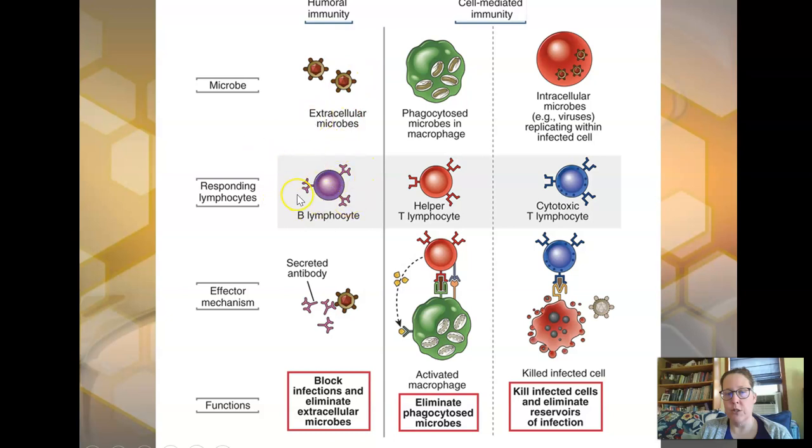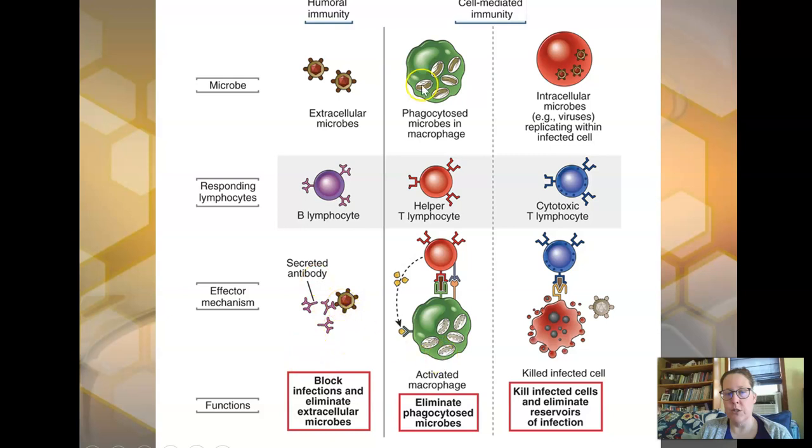And the responding lymphocyte is going to be a B lymphocyte, and this is after it's been activated via interactions with the macrophages and T helper cells and stuff like that. And then the activated B lymphocyte turns into a plasma cell, secretes antibodies. The antibodies directly attach to the bacteria and block infections and eliminate extracellular microbes because the antibodies flag them for